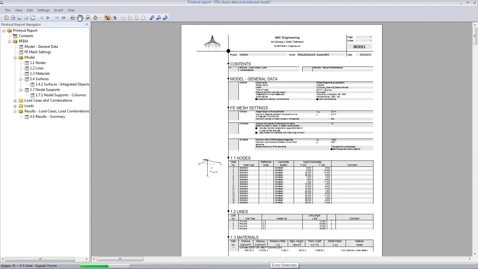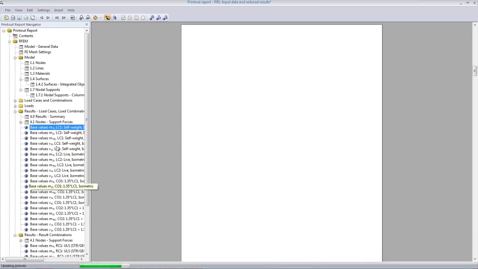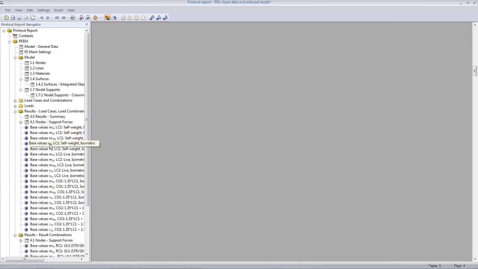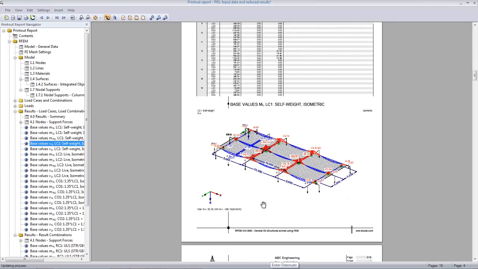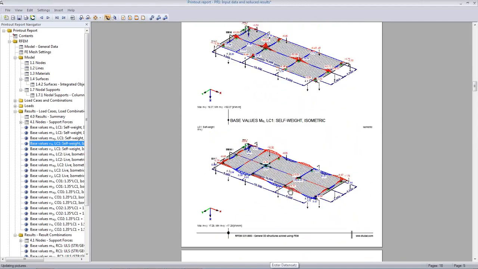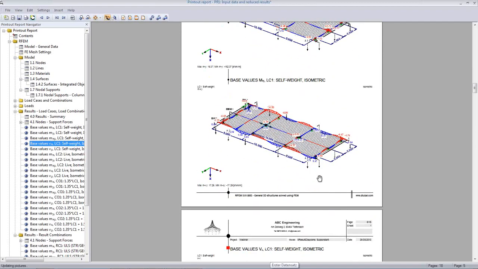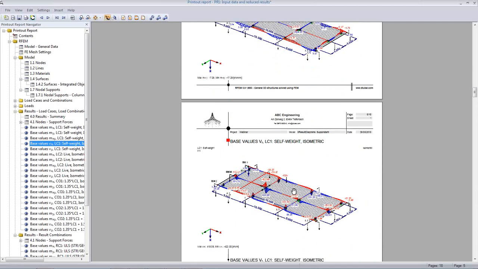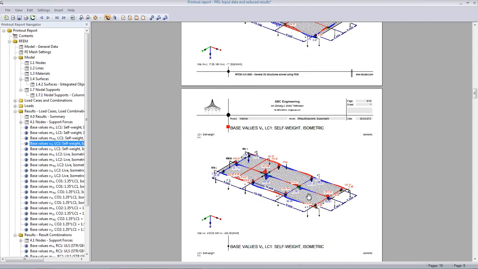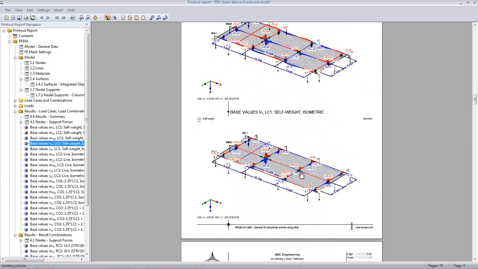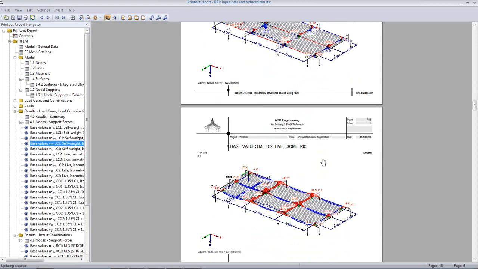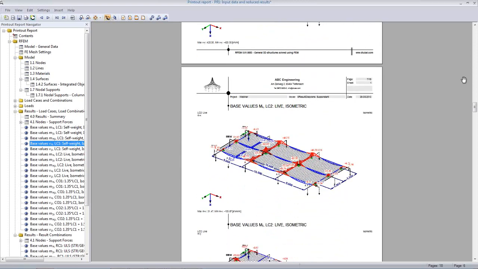I'll open a new printout report, and it will give me the results. Nicely prepared with a nice set of graphics that I can look at, and 2 graphics on one page. Takes some time to update the pictures, but now you can see how nicely everything is there, and you get all the peak values correctly, and not everything is just written above each other, so it's really nicely prepared, automatically prepared. Also a feature that saves you a lot of time